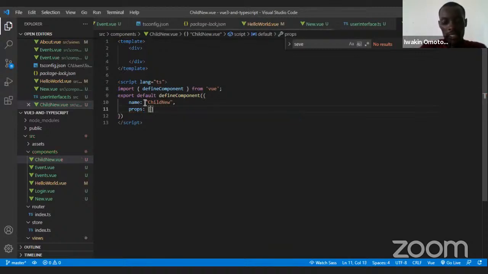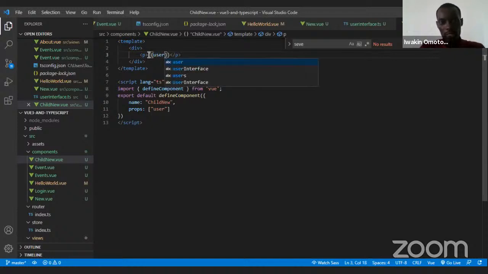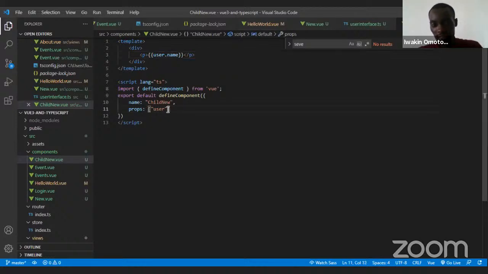Now, Vue initially made it possible. I can do something like this. I can say user, and then let me just create a paragraph and say user.name. Initially Vue makes it possible for us to type our props with something like this: user equals type. You state the type, and then if it is required, you can state true or false, and you can even validate here. But now, because this my user is of type object,